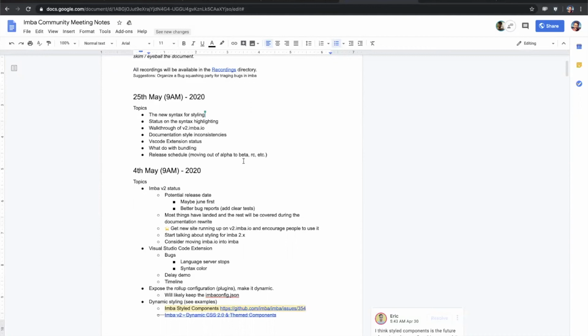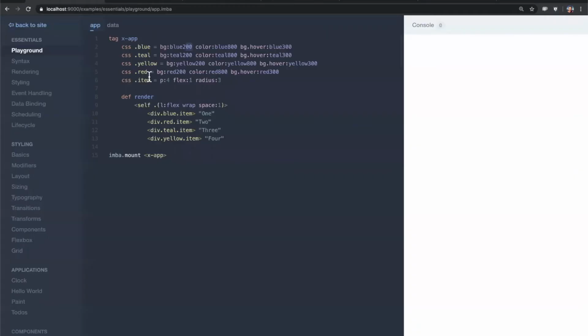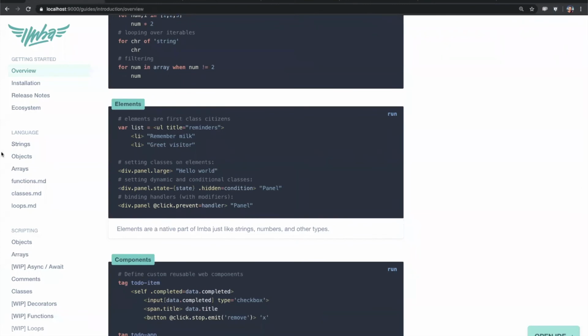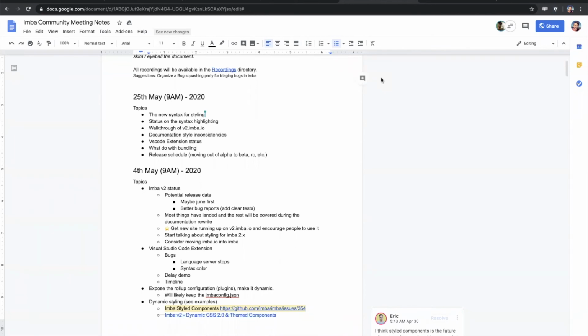That said, CSS was the last big thing that we've talked about for a long time, when do we want to look into that? We don't have a lot of new complicated things left. I think it's a really good sign that most of what we have been talking about now is examples and documentation and the playground, and essentially how to teach people a language. So I do think that's a good sign that things are moving closer to a release, at least a beta release, pretty soon. I think it's just about finishing up the examples and fixing bugs, and